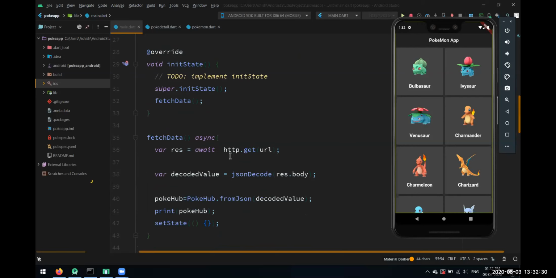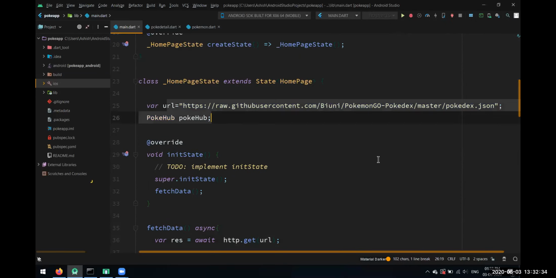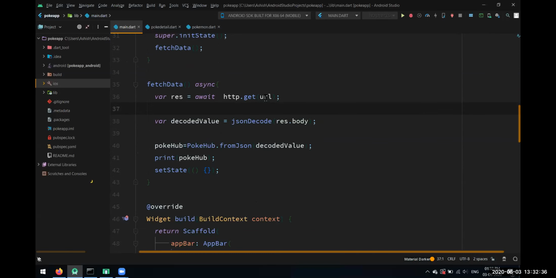What we are doing is making an HTTP request to this URL we have over here, and after we get the JSON data from that URL, we are decoding the JSON data using this decoded value. So we are using the result over here. We decoded the body of that JSON, and this PokeHub, we are assigning that decoded